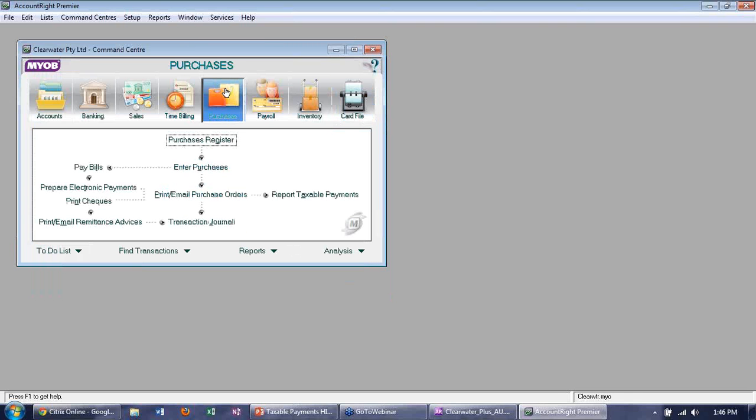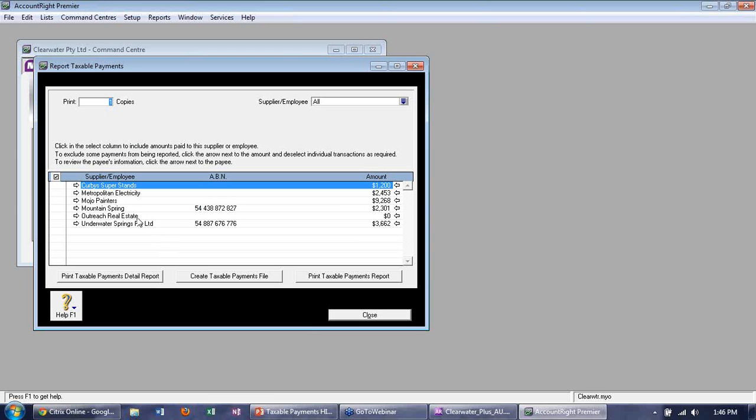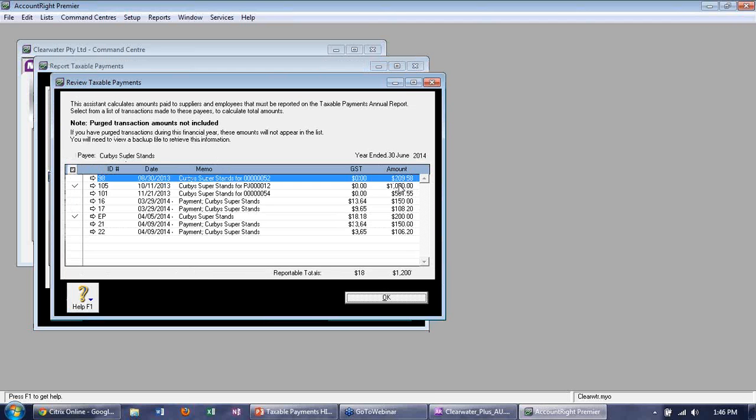Again, once you're at the end of the financial year, select Purchases, click on Report Taxable Payments. You've got a very, very similar process as you do in Account Right Live. Enter in your company details. Here are all of your supplier totals, and if I want to drill down into Kirby Superstands, I can click on the transactions on the right hand side, and I get to see the transactions here,